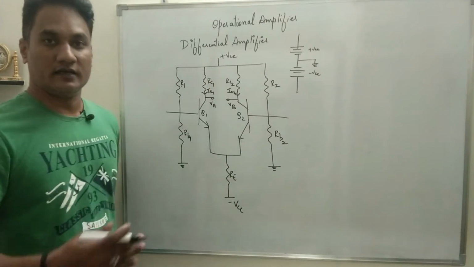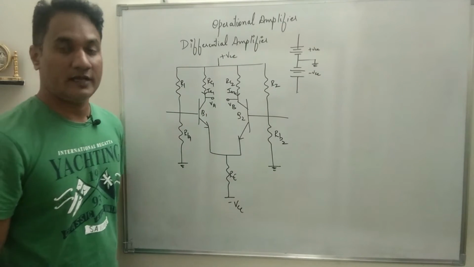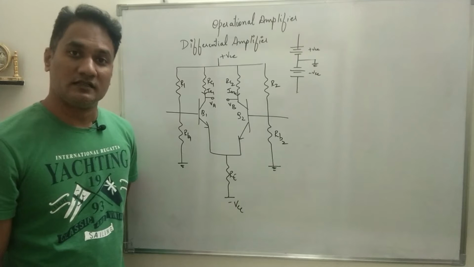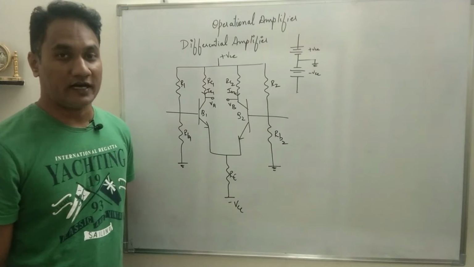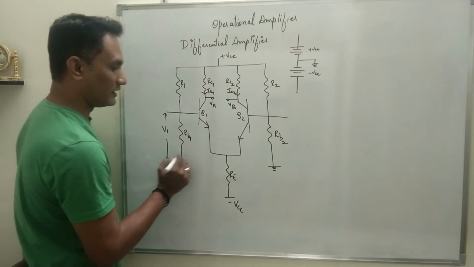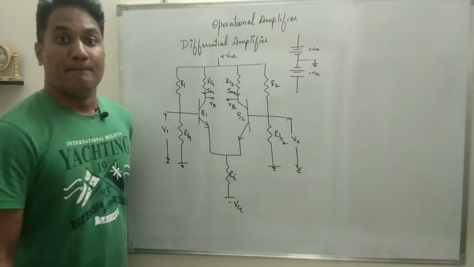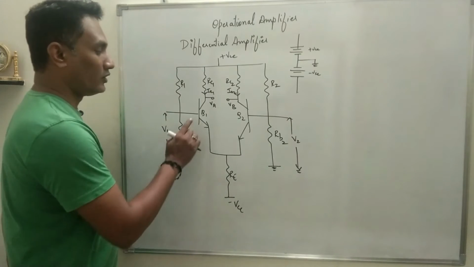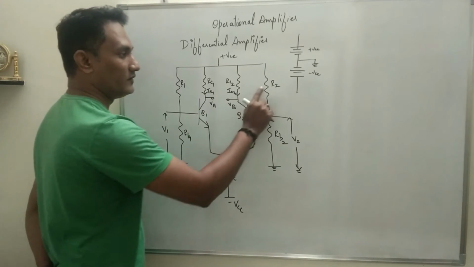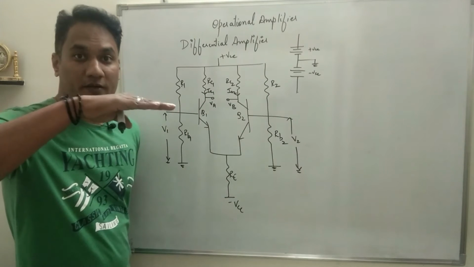I will tell you later why these two supplies are necessary. First, let us try to understand how this differential amplifier removes the disadvantage related to the direct coupled amplifier. Please recollect what we said for a direct coupled amplifier: the disadvantage is that in the absence of biasing resistance, drift is observed. Now what you can see is that both the transistors Q1 and Q2 have biasing resistances RB1 and RB2. So of course, if biasing resistances are there, the operating point is stable.